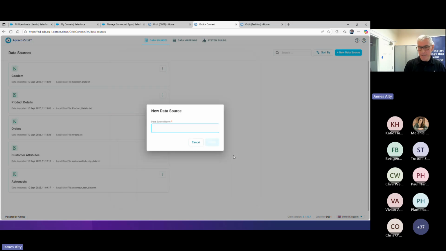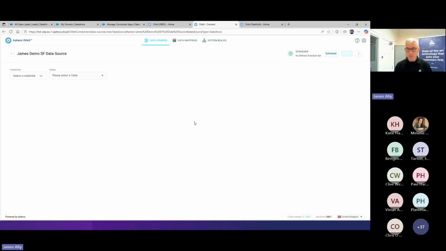So how do I connect to Salesforce? Well, let's call it a Salesforce data source and create that data source. Now, in order to connect to Salesforce, I need to choose some credentials. I've got some credentials here, and I'm just going to show you them so that you get an idea of